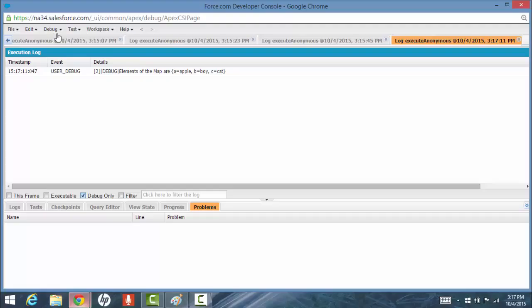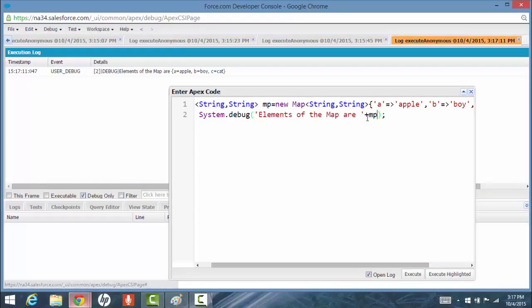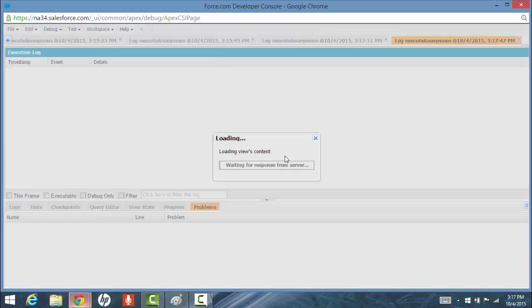Now if you want only a specific value corresponding to a specific key, say the element of the map for key A, you can say mp.get and specify the key here. Now it will only display the element whose key is A. If you go back and execute it, it's going to display